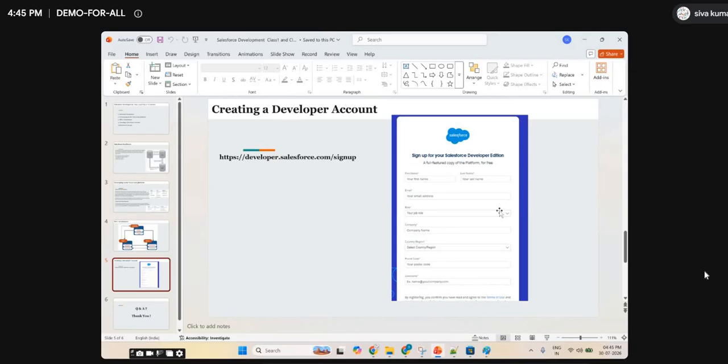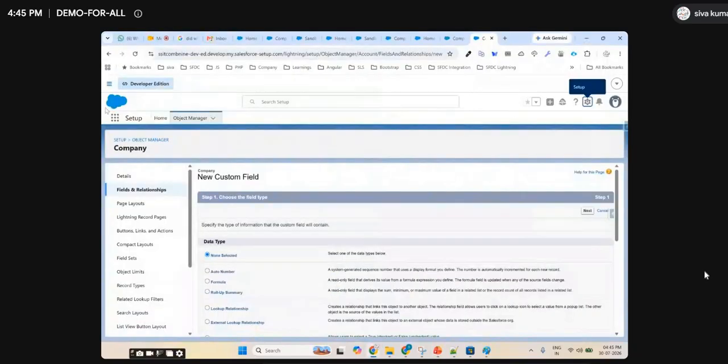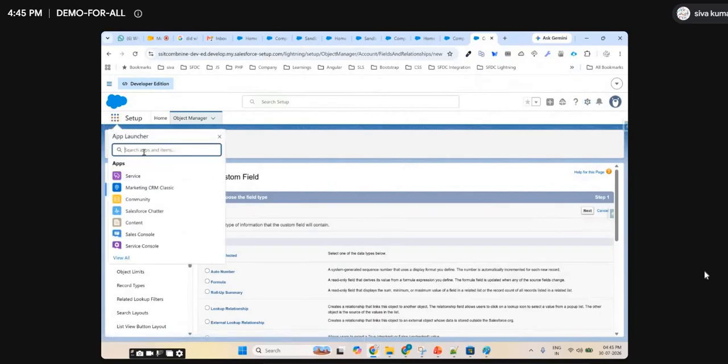That means we are ready to learn how to configure and develop in Salesforce. So you will see here, I just showed you the object manager. Objects are there, fields are there, and I'm telling you we have the Sales app.